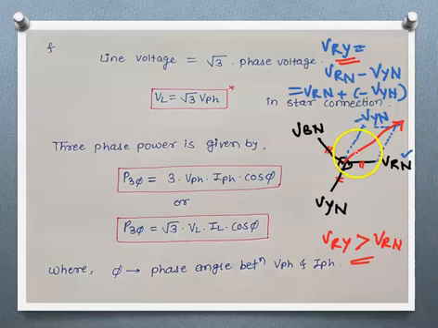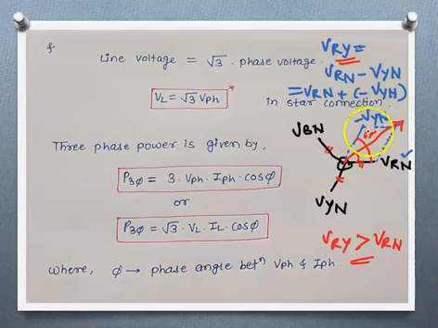And with the help of the parallelogram law, we can find this length because we know this angle. This is 120 degree, this is 120 degree, and this is 120 degree. And this is 180 degree from positive Yn to negative Yn. Out of this 180 degree, this is 120 degree, so this angle will be 60 degree. So with the help of this angle and these magnitudes, by using the